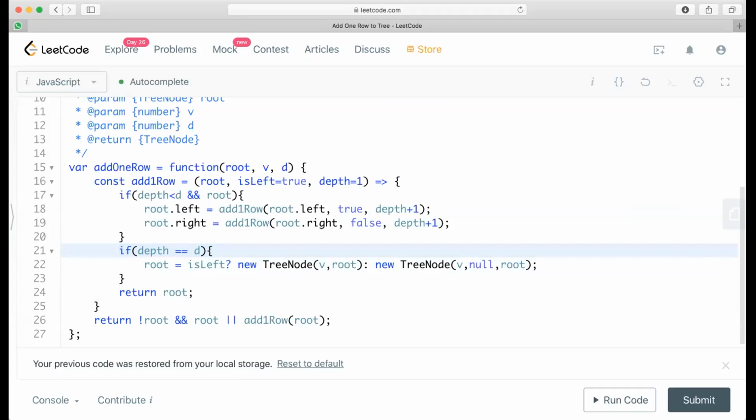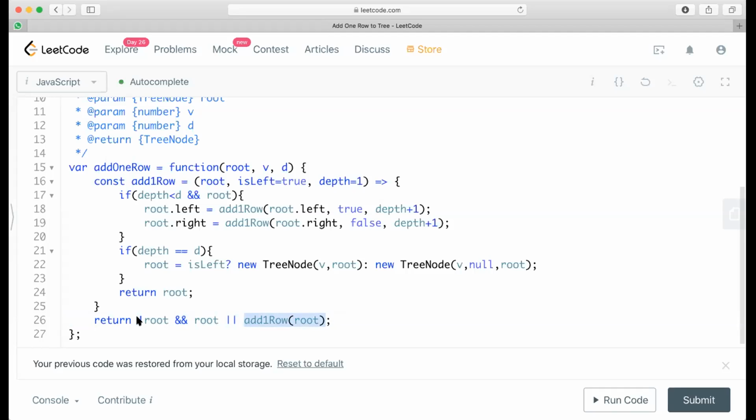Allowed. Just one thing, on line number 26, in the second part of the OR condition, you are returning root or add one. That is a JavaScript way of saying if there is no root, return it. Otherwise, do the actual work. Return the actual work. Oh, okay, I was slightly confused there. Yeah, good.